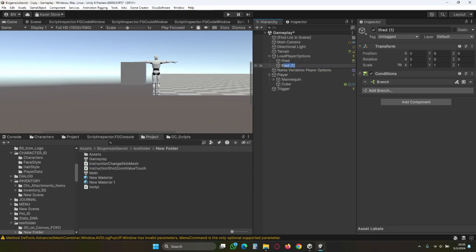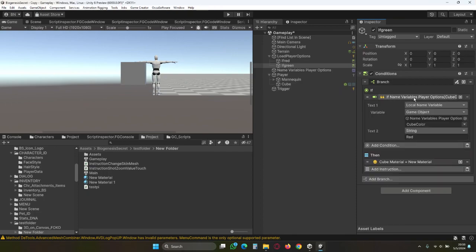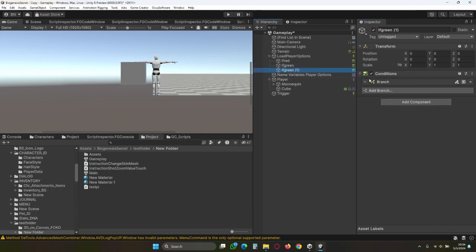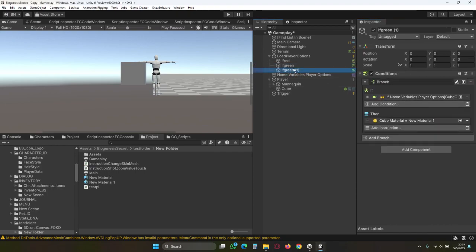If green, and we say here if green, the new material is gonna be this. Now we're gonna create another one, the same for if blister,